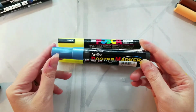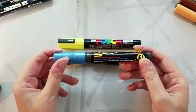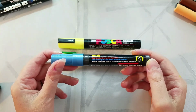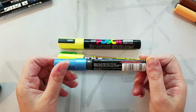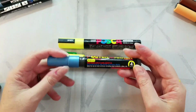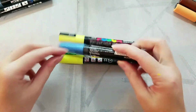Then there is the Art Line Poster Marker, and it says right on the barrel that it's tempera paint. It's acid-free, water-based, archival quality pigment ink, arts and craft project sign writing, and graphics marker, and it's ideal for use on most surfaces, including paper, glass, etc. It's water-based, waterproof, and fade-proof, and it's made by Sachihara and made in Malaysia. And I have a feeling this is pretty much the same material,